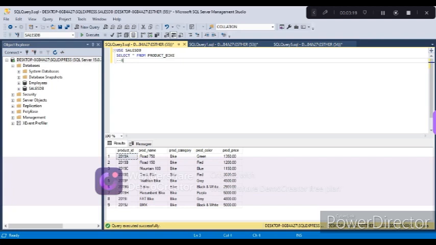Let's say that we are retrieving specific columns. To do this, now we will not use the asterisk sign, which means all, but rather we will say select. Maybe we want the column product ID and the product price, so we'll say